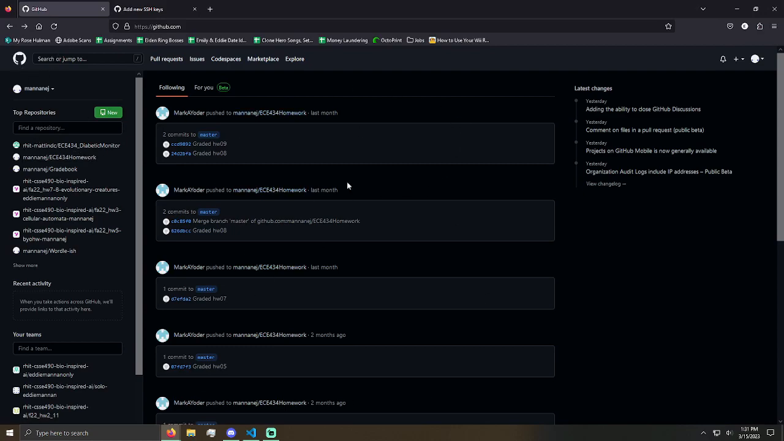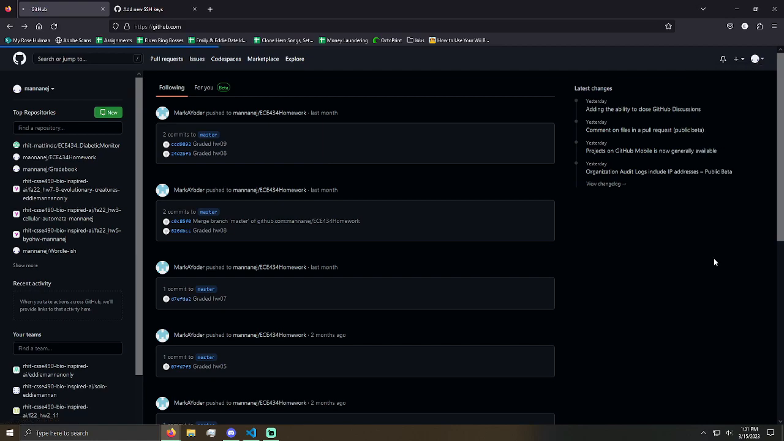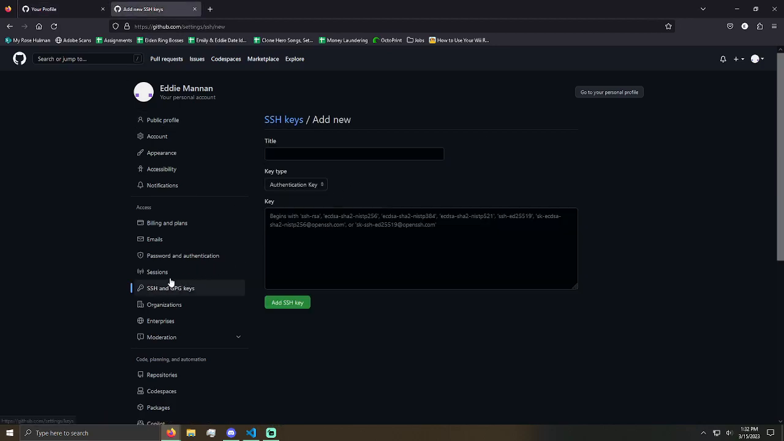So if you're at your main GitHub homepage, you can click on your little icon up here and go down to settings. When you go to settings, it'll show you a lot of different information about your profile. I don't think any of this is too sensitive of information, but that's not a big deal. And then there's a little button down here that says SSH and GPG keys. So you'll click that button, and when it does, it'll show you some of your SSH keys that you have